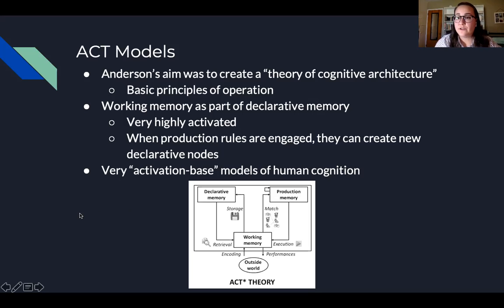So that is just a brief overview of the ACT models. Now we're going to move on and talk about schemas and scripts. The reason we're going to talk about these is that the network models we've been using, these conceptual theoretical ideas, aren't the only way that cognitive psychologists talk about how our semantic memory is represented and organized.